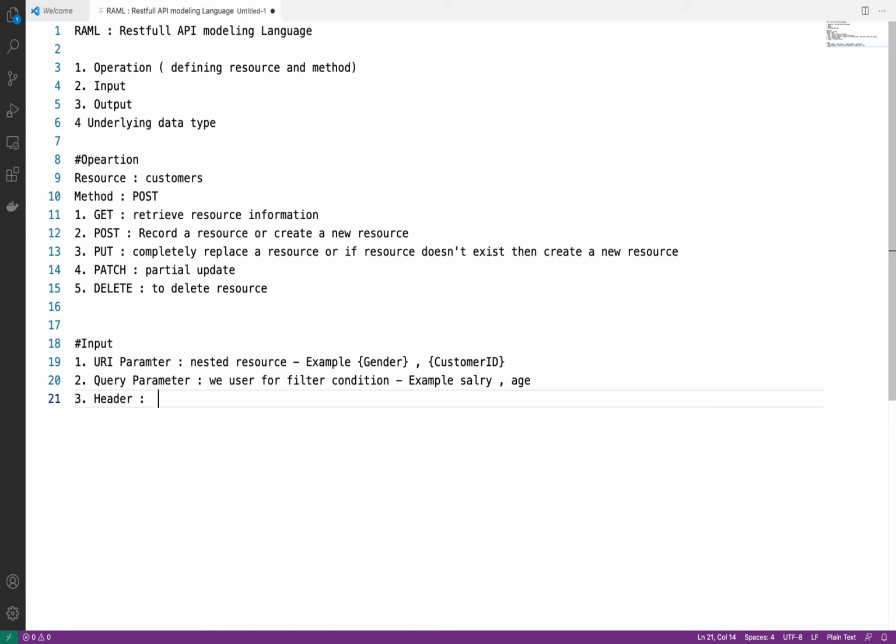Generally, whenever we are calling any API, sometimes we need to pass some metadata. So the header contains metadata. What kind of metadata can we pass? For example, content type.